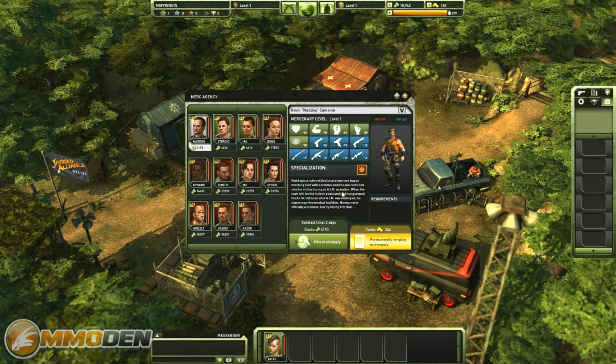Now this is the mercenary agency. I know I'm moving through this really quick. I want to get through it so I can show you guys some more mission stuff with actual enemies. Here's where I can